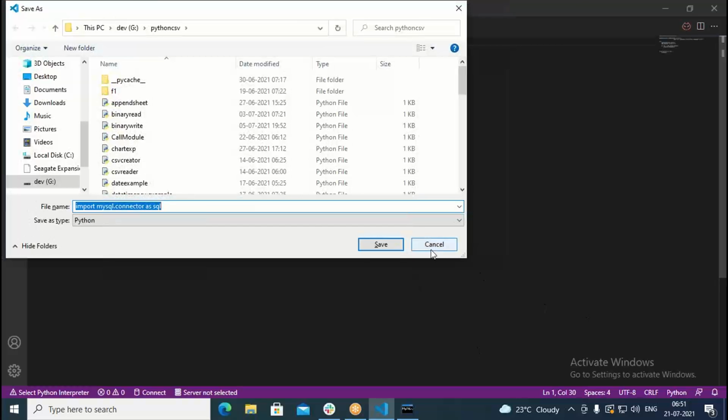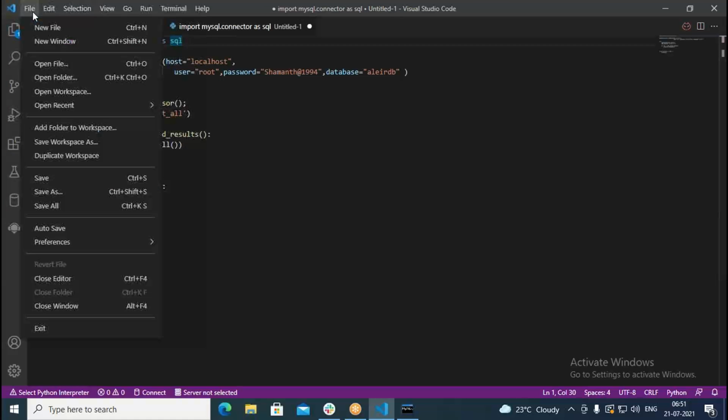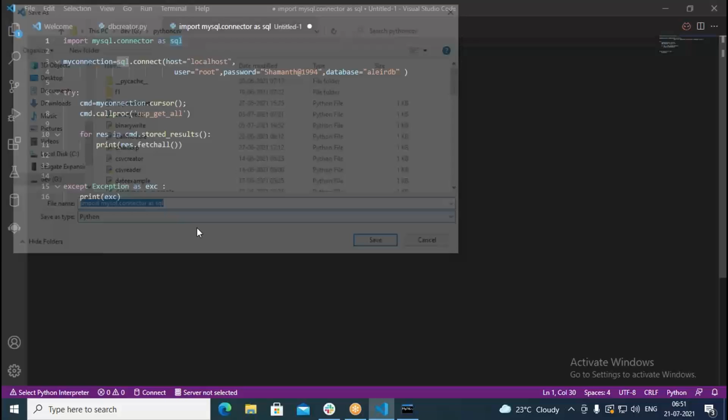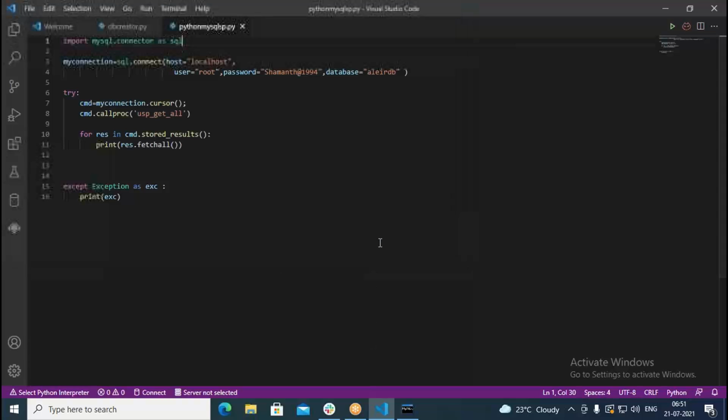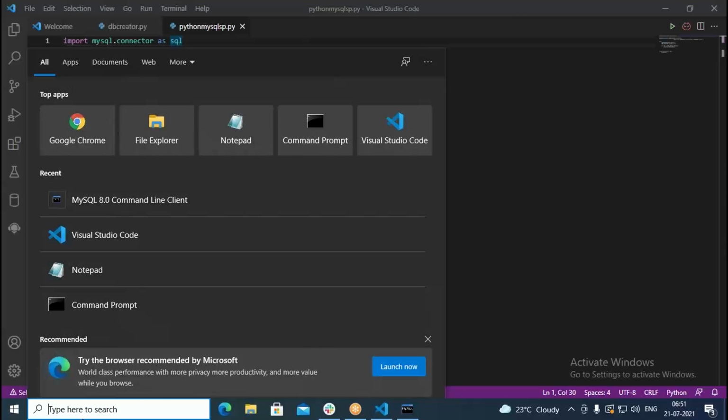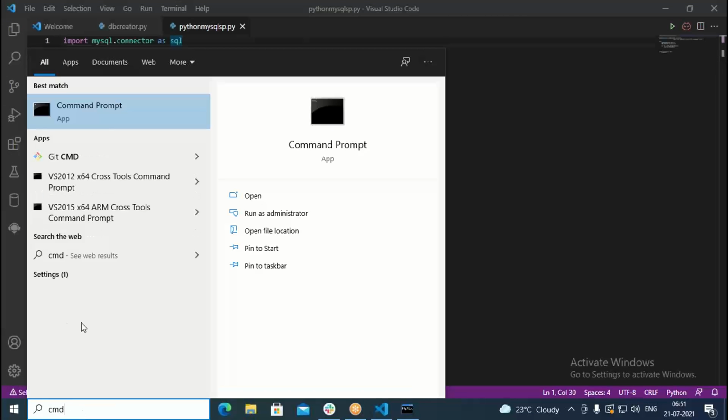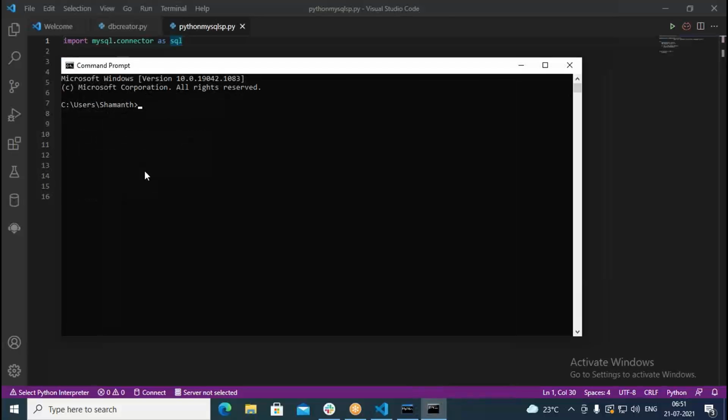Now let us save this one as MySQL Python, MySQL SP, for stored procedure. Now I come to the command prompt, cmd, and change into the G drive.